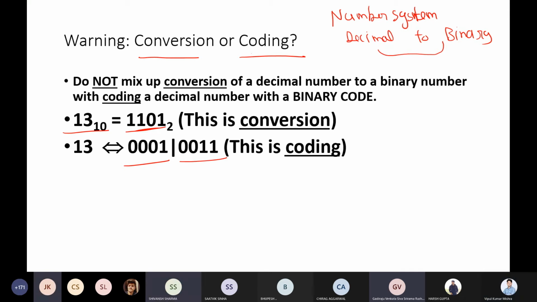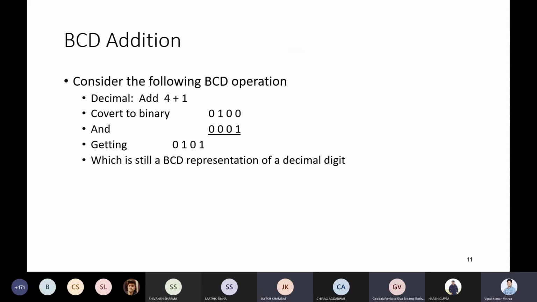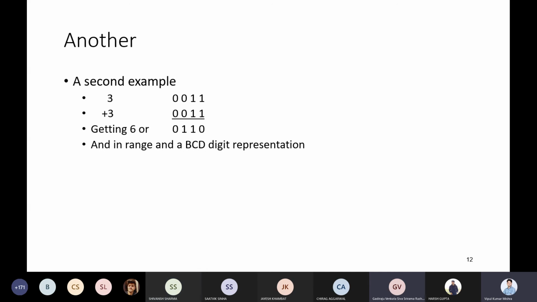No, sir. Okay. So let's do addition. Suppose you are making a specific code and you want to do addition. So how to add? You can see, 4 plus 1, it's quite simple. Just add it directly. Once you add, 4 is represented by this, 1 is represented by this, so you will get this number as output. 0, 1, 1, 0, 1, 0, 1. That is the 5. Quite easy. There is nothing special here.